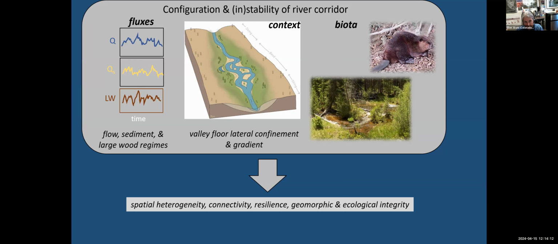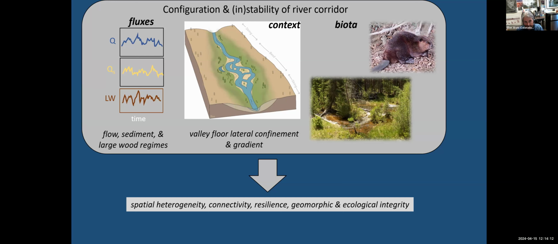So if you think of a concrete lined river in an urban area, it has no physical integrity. The only thing it can do is have faster flow when there's more discharge coming in, for example. The river that I'm showing in the block diagram would have more physical integrity as the amounts of water and sediment coming in, or large wood, or the coverage of riparian vegetation change, the channel form would change. So you could think of physical integrity as ability to adjust.